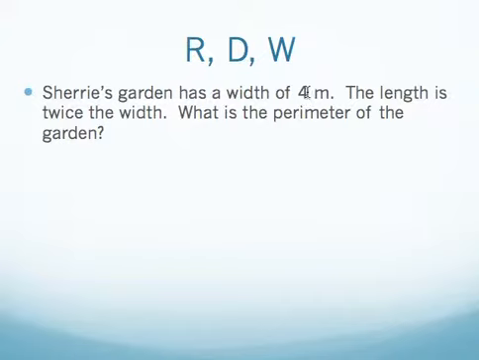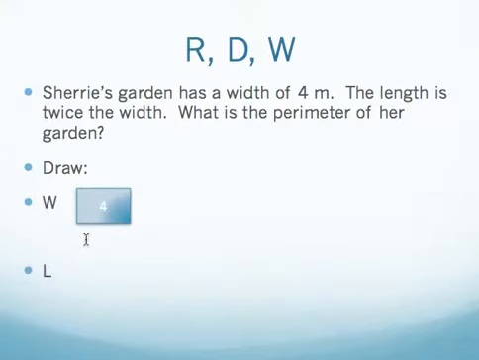Well, I know the width is 4 meters. And I know I have to find the perimeter of the garden, but I don't know what the length is because it just says the length is twice the width. So I don't know what that is. I have to find that out. So now I'm going to do the draw method. And when I draw, I know this is a comparison because I have twice the width, or 2 times as many. So I'm going to have to make 2 different